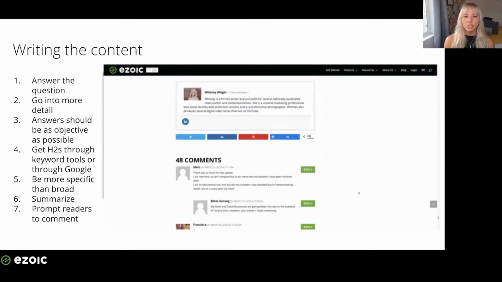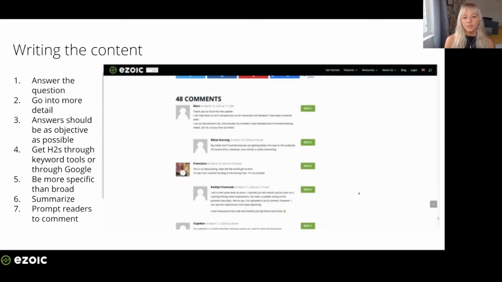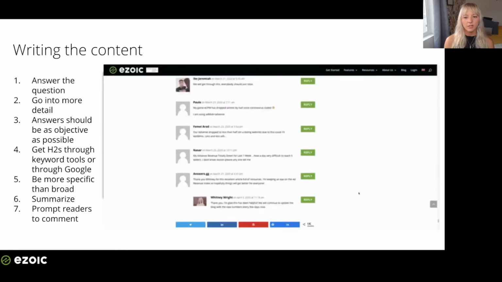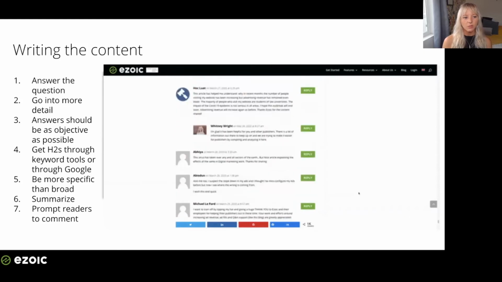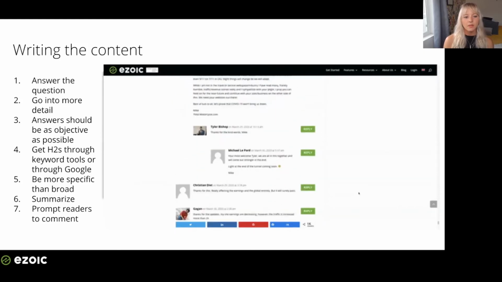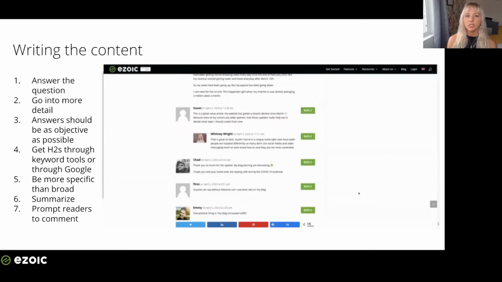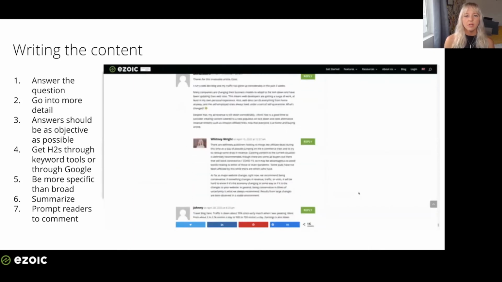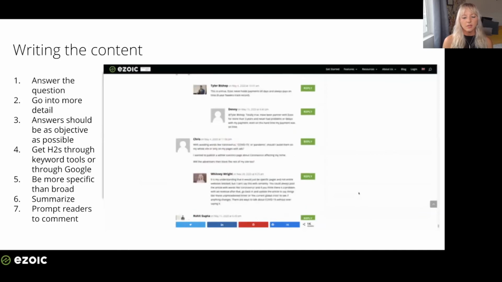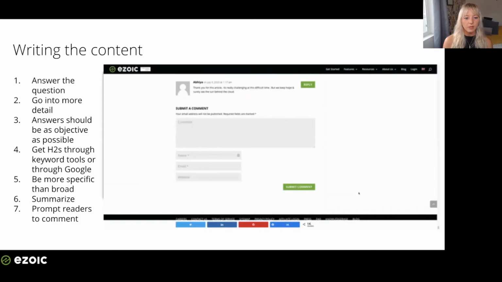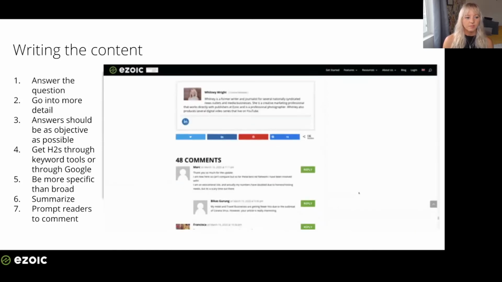And people generally like to feel connected. They like to feel kind of in a community, especially if they are really into what you're writing. And the comment section can be a great way to make readers feel that way. It also gives users a chance to ask you questions, and then you can answer and you're interacting with your readers, and that gets them more loyal. And then lastly, the comment section can be a good way to see what your readers are thinking and asking about, which then can give you new content ideas.